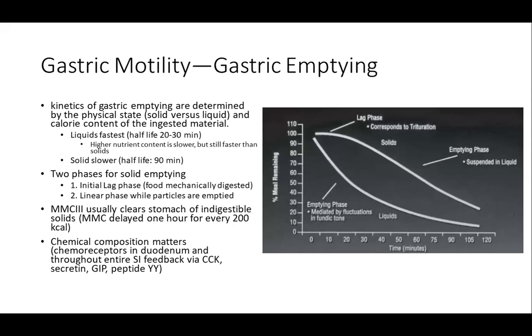So the kinetics, if you're thinking about the motility itself, this seems like a graph you might see on your board exam, where it says, hey, interpret this. You're like, I have no idea what this is, but you need to interpret this image and answer questions on it. What this is really showing you is essentially the phases in which you're emptying. The liquids at the bottom of this curve empty without much difficulty. But the solid leg has a lag phase. It takes a little while for things to start breaking down, and then you'll see an actual increase in the slope of that curve as it empties.